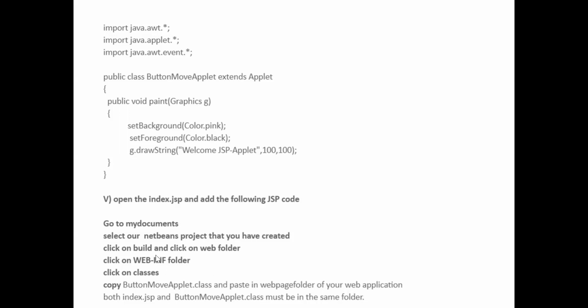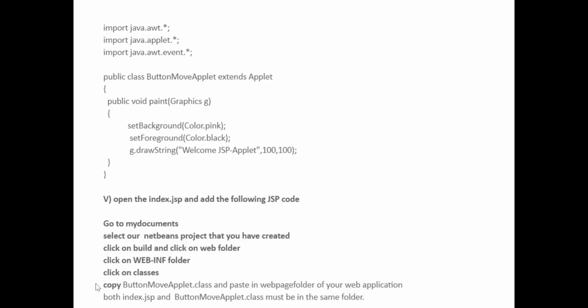You can see that the web pages folder is there in your web application, and both the index.jsp and button move applet.class should be in the same folder.